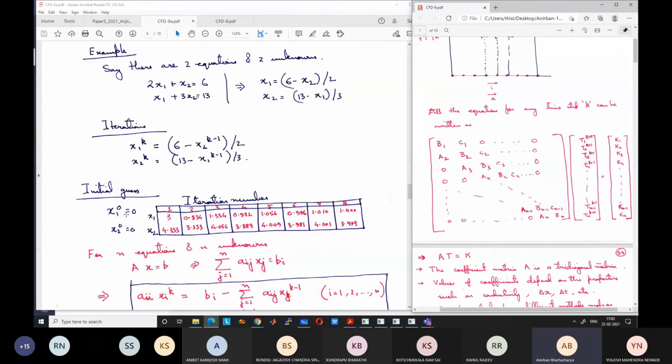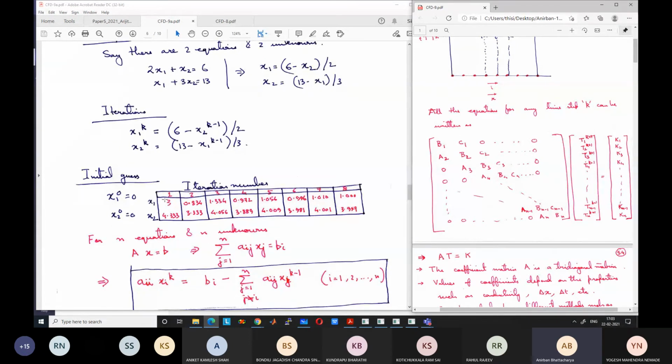If I had taken 1 and 1, because I don't know the correct value is 1, what will be the first iteration value of x1? 6 minus 1 by 2. So it will be 2.5. We are actually moving away from the correct value. From 1 we are going to 2.5, but we will again come back to the correct value after a few iterations, and the number of iterations may be less. So the initial guess also plays a part in the number of iterations. If you go to the converged solution, your converged solution will be correct, whatever the initial guess. Now, if luck is bad, you can go to a divergence also. That may happen.